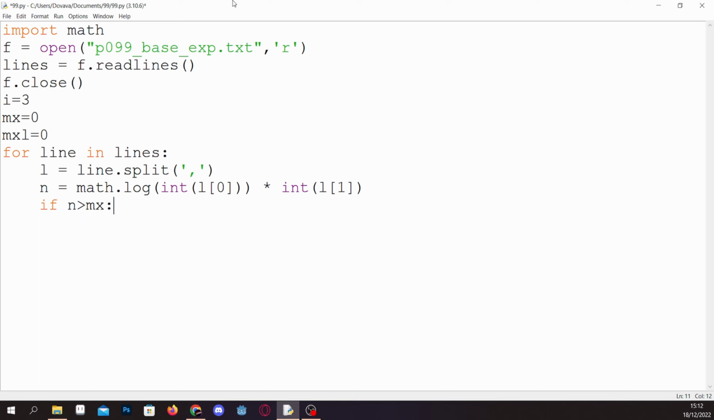And if n is higher than max, it means we found a new max. So we'll set it to n. And then we'll also put the line it's on to I. And we'll make sure that I iterates on every cycle. Oops. And if we run this,